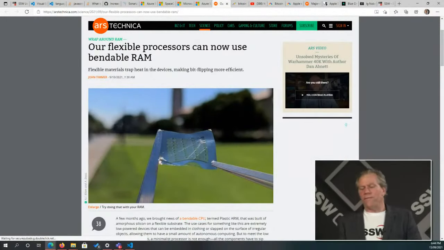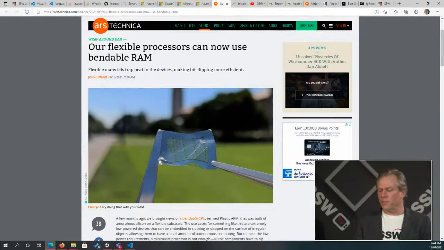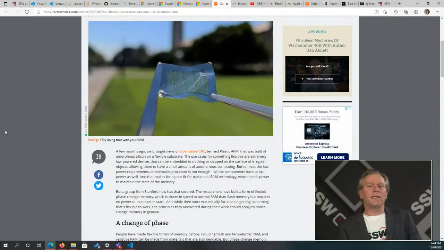There is flexible RAM coming in the hardware world. I'd never thought of this being needed, and potentially this is a solution looking for a problem, and we've got to think of some problems. So, some examples. This is where if you put your thinking caps on, you might think of something useful, but